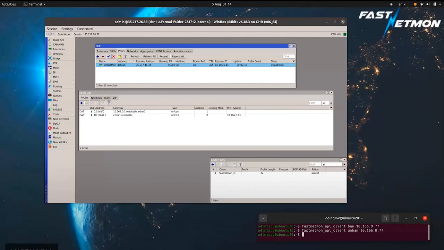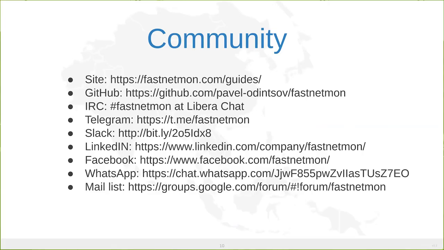From this slide, we finish the configuration of FastNetMon. Everything in FastNetMon can work from this time in a completely automated way, because I did the ban and unban manually, but it can be done automatically. As we configured in previous steps, you just need to feed some traffic. That's all we have discussed. We covered the basic configuration of FastNetMon, from installation on a Linux box to the final steps of integration